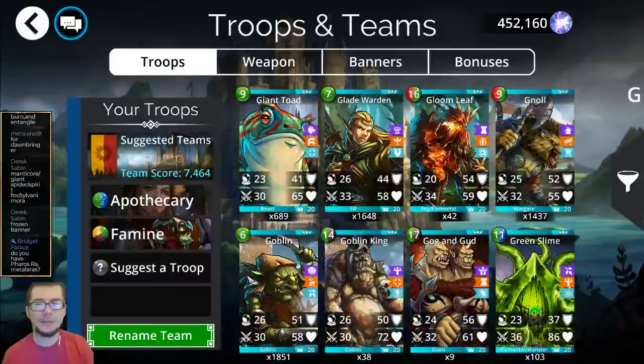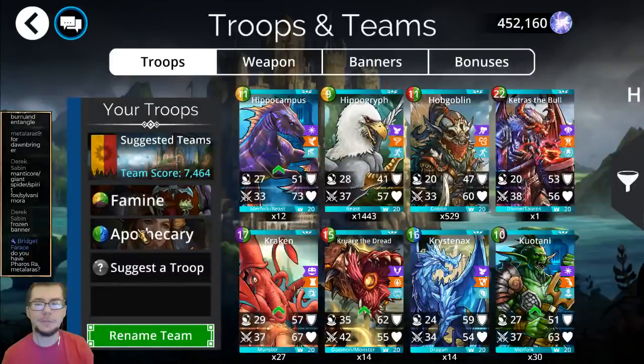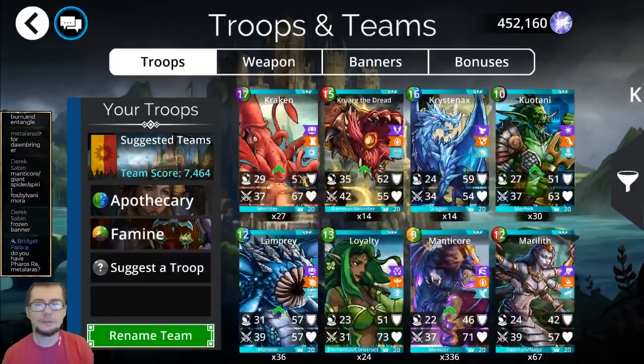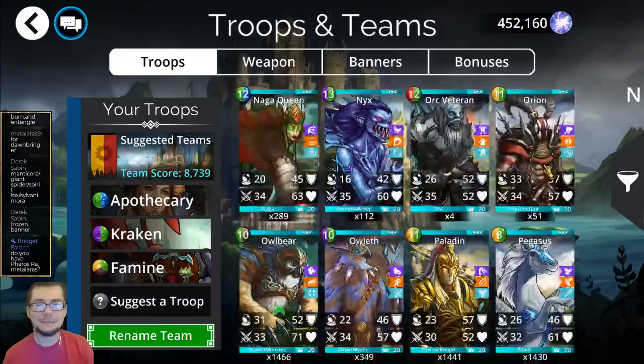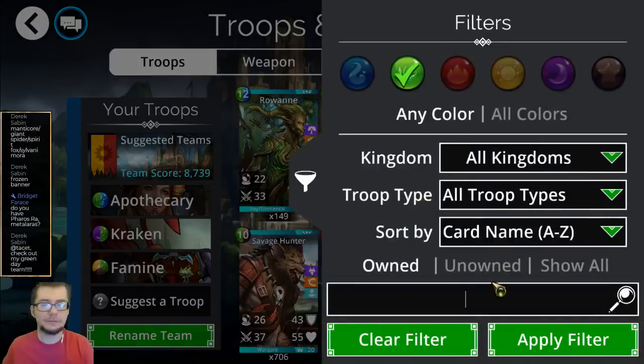Let's see. I still need a backline tank, though I want Apothecary to be in front of Famine just so it gets quicker mana. It'd be redundant putting an Apothecary behind it. Christinex, we already have the color. Do we just put a Kraken on this for damage? I guess so. If you can't beat them, join them. And well, the problem now is we need a backline tank with Impervious. And Plague doesn't cover anything. Let me see. What has